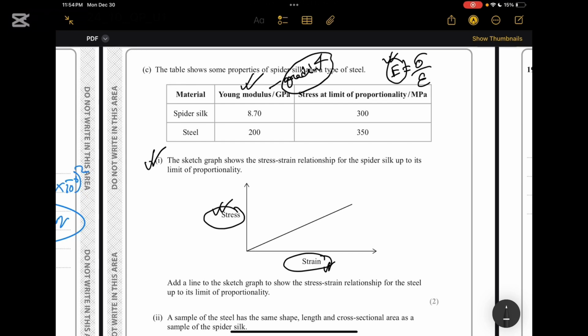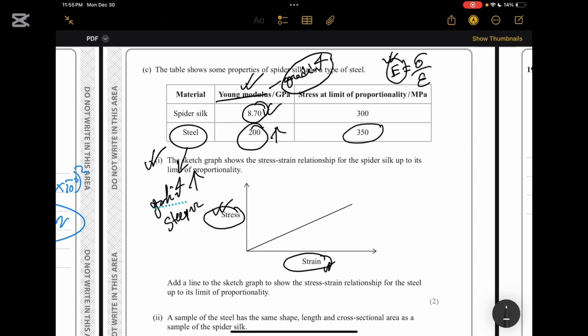One thing that is important is this Young modulus is the gradient of this stress strain graph. So as it has a smaller value and as it has a bigger value, that means steel has a greater gradient. As its gradient is greater, it will be steeper than the spider silk, and its value here written is 350. So what we can do right now is we can put a value here as 350